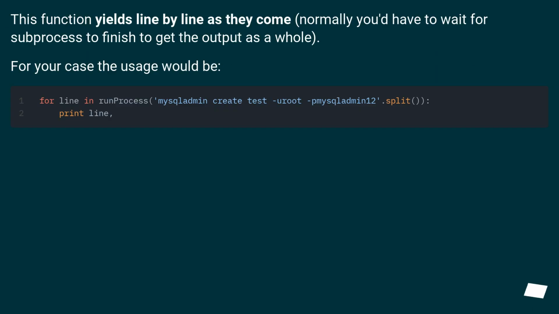This function yields line by line as they come. Normally you'd have to wait for subprocess to finish to get the output as a whole. For your case the usage would be